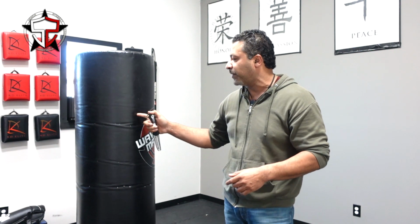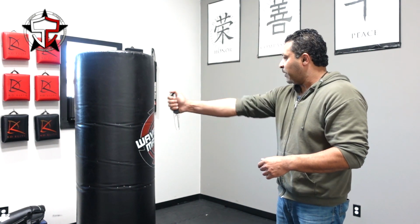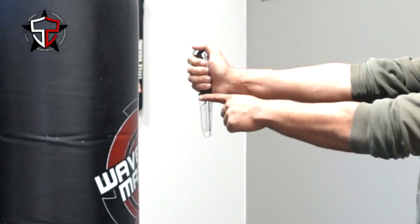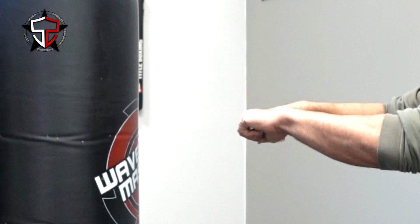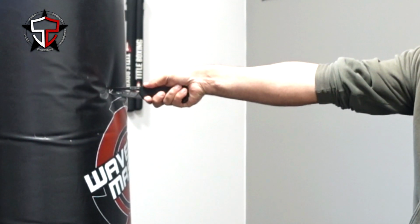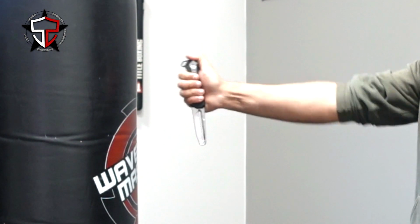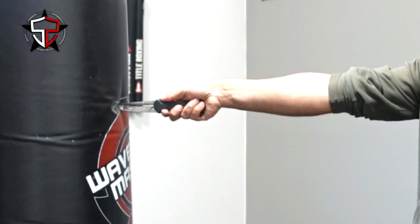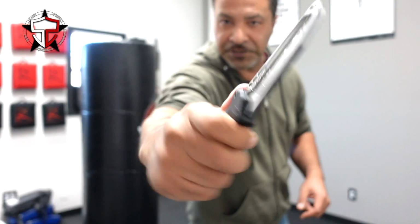Now I got my bag over here. I want you to take a look at something. Look at where my hand stops right here. And this is the knife coming straight down, okay? Now, when I go to what's called the standard grip, I can touch. Back to the reverse grip, hand is straight down, back to the standard grip, okay? And so you have the reverse grip, and then you have the standard grip,